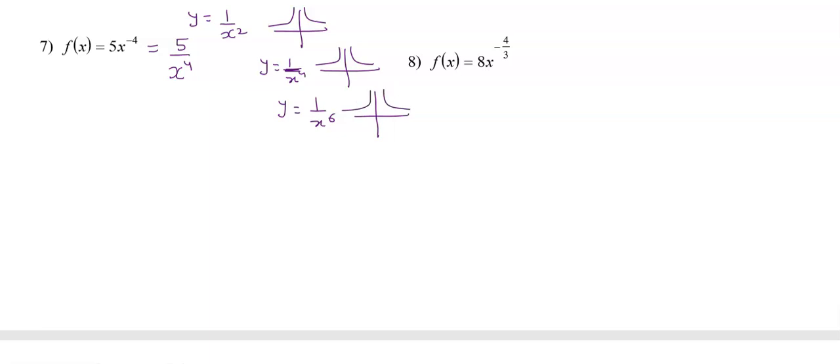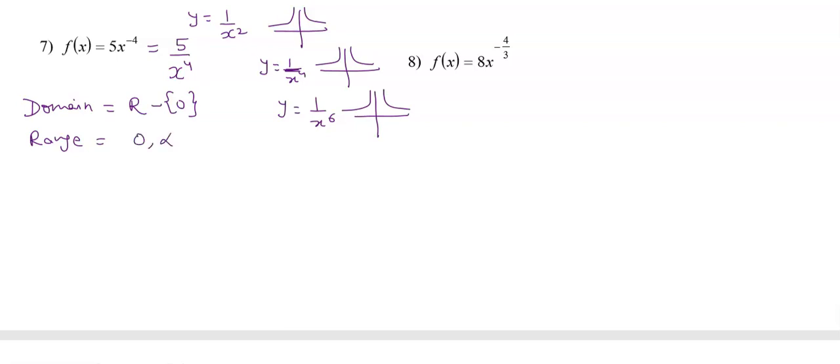Okay, so knowing the behavior of 5 over x to the power 4, the domain is, we can say, all real values except 0, because it is covering all values of x but not x at 0, right? And the range is more than 0 all the way up to infinity. So 0 to infinity is the range.